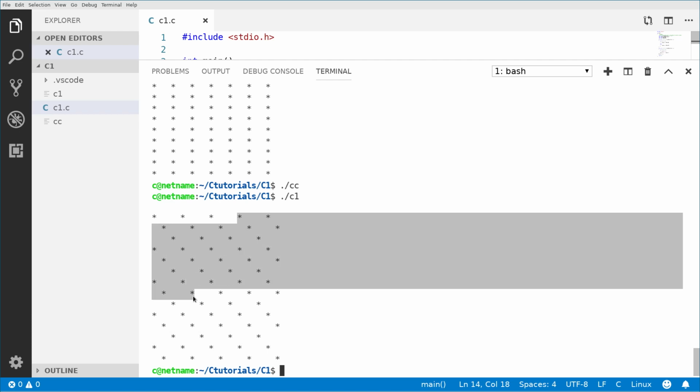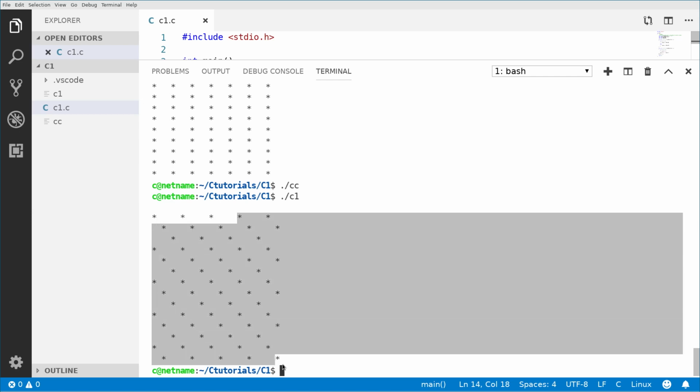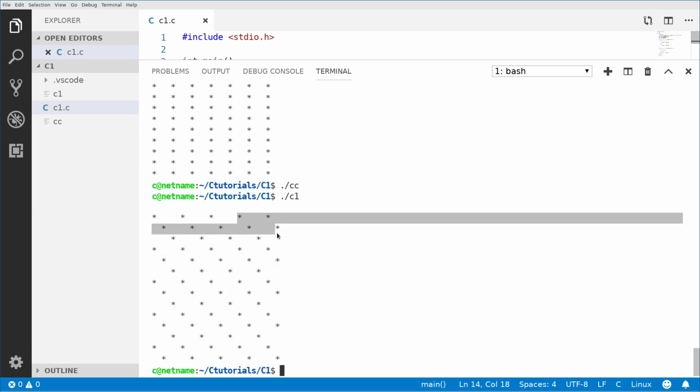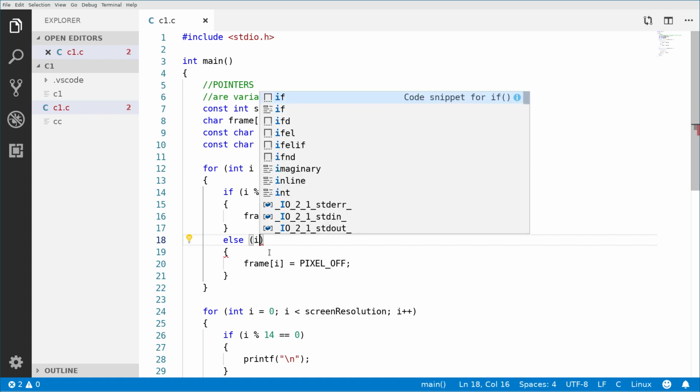Only checking if a number is divisible by 3, we now can see that this new cool pattern has emerged. Okay? So we can do lots of different crazy checks. So we are checking if it's divisible by 3. And now we'll check if it's not divisible by 3, we will check if maybe it is divisible by